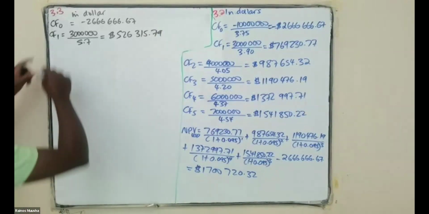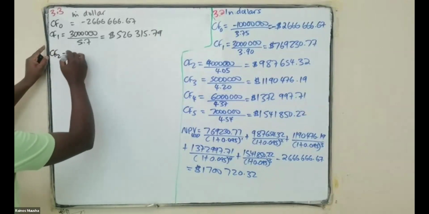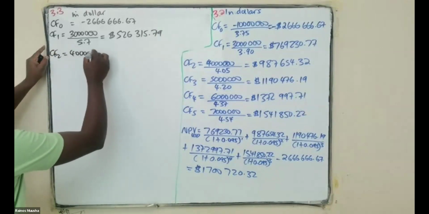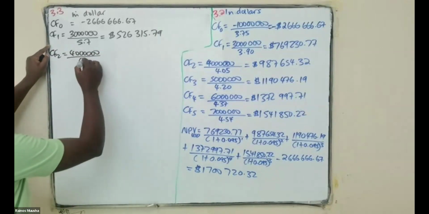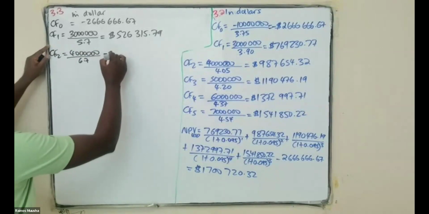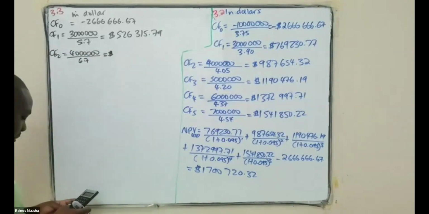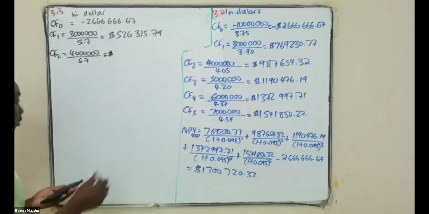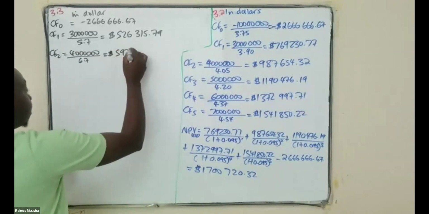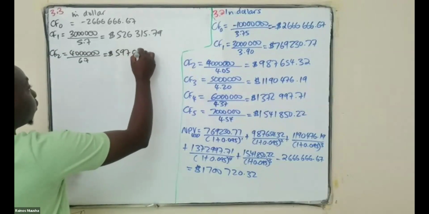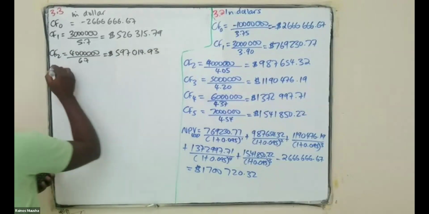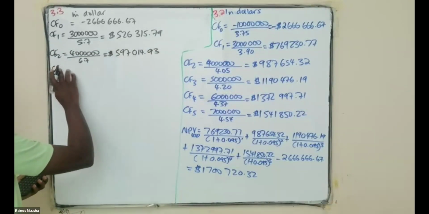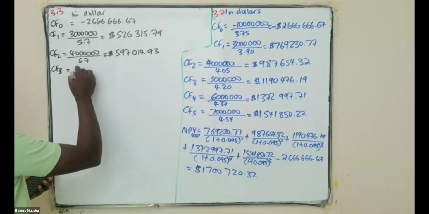Year 5. So your cash flow for year 2 would be 4 million over the exchange rate, which is 6.7, and you should be able to get an amount of 597,014.93. And then your cash flow for year 3 would be 5 million